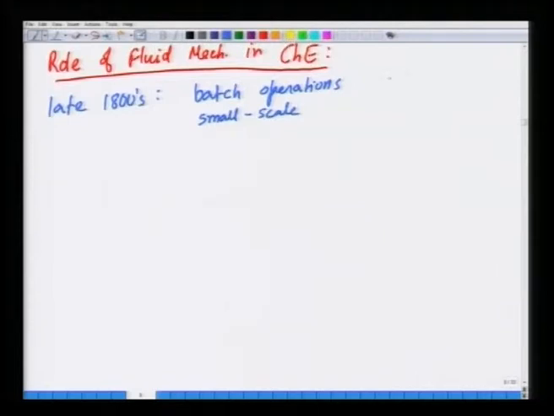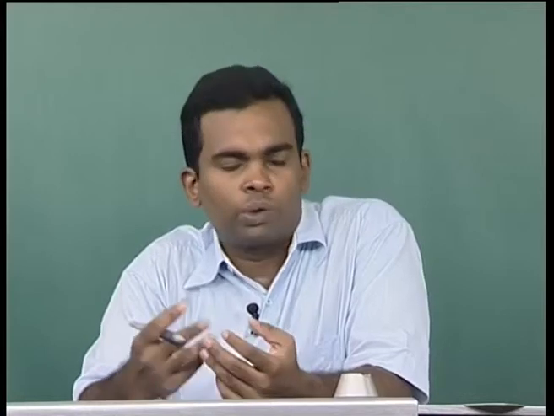By a batch operation, we mean that in order to produce a chemical, you take two reactants A and B in a vessel, and then mix them, and once the reaction is done, then you try to separate the product from the remaining stream. So, this is essentially a small scale batch process where you just have a system that is larger, but the ideas are very similar to what we normally do in a chemistry lab, where we take a test tube and then mix two chemicals to produce a third chemical and so on. Okay. But